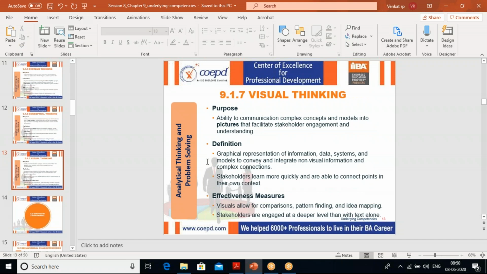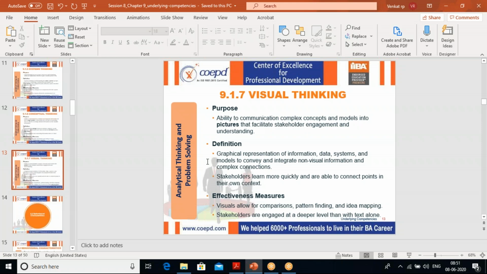Visual thinking means that once any process is given to you, you draw diagrams, like flow charts, or you come up with prototypes showing how we are going to present whatever idea or process is being discussed. If you can give it visually, if you can make it appear, then we call it visual